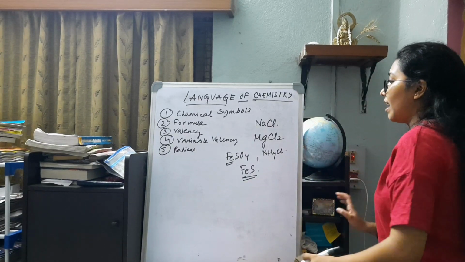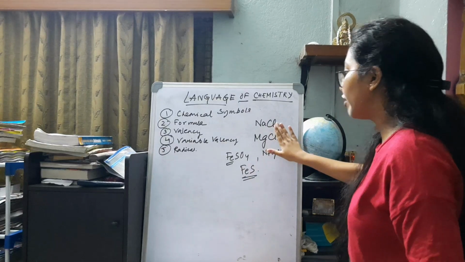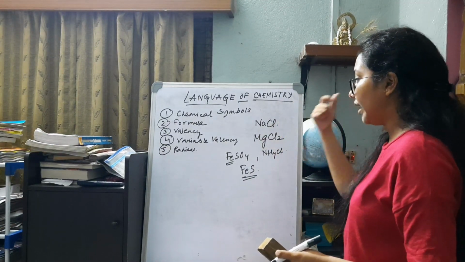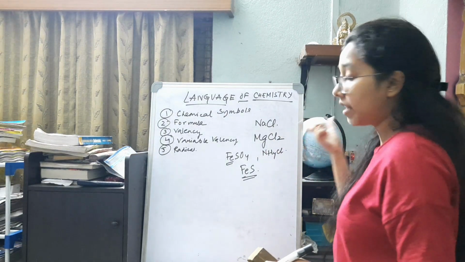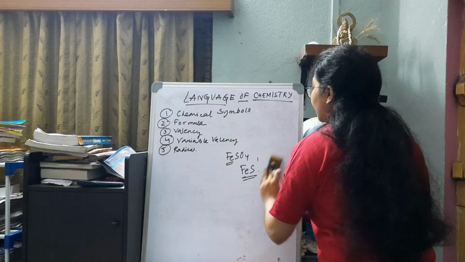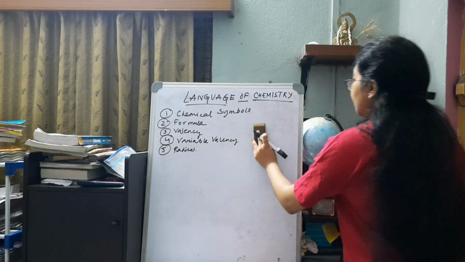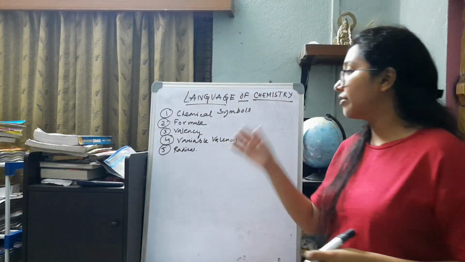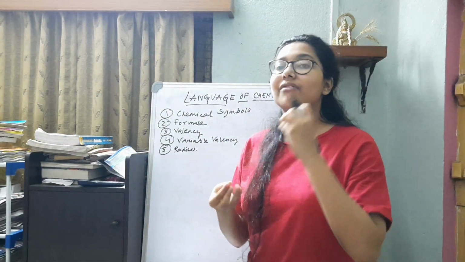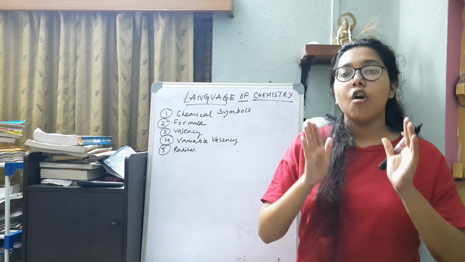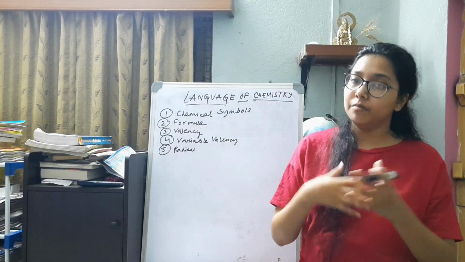So in this way we have the molecular formula, which is constituted with the chemical symbols of the elements which constitute the particular molecule or compound. Now moving forward to the next part, which is a very important part. What is valency? Till class 8 you had the definition that valency is the combining capacity of an atom or an element in the formation of a molecule.